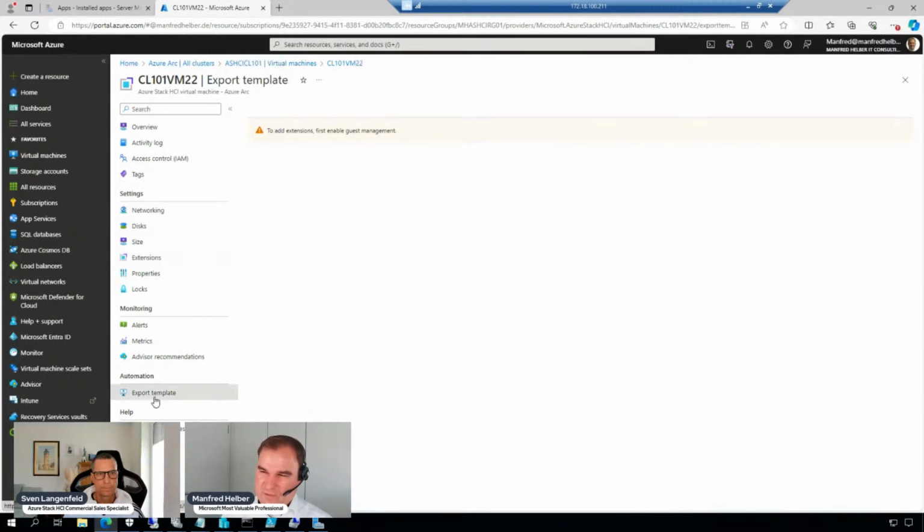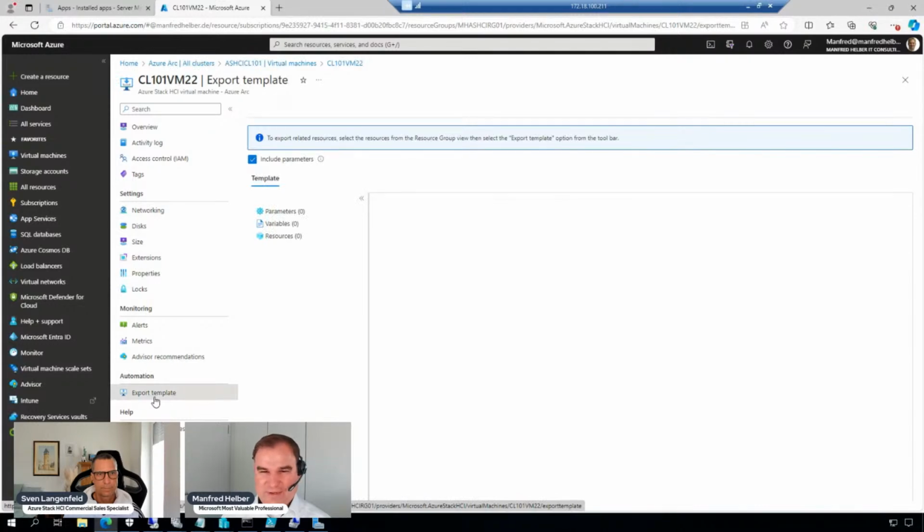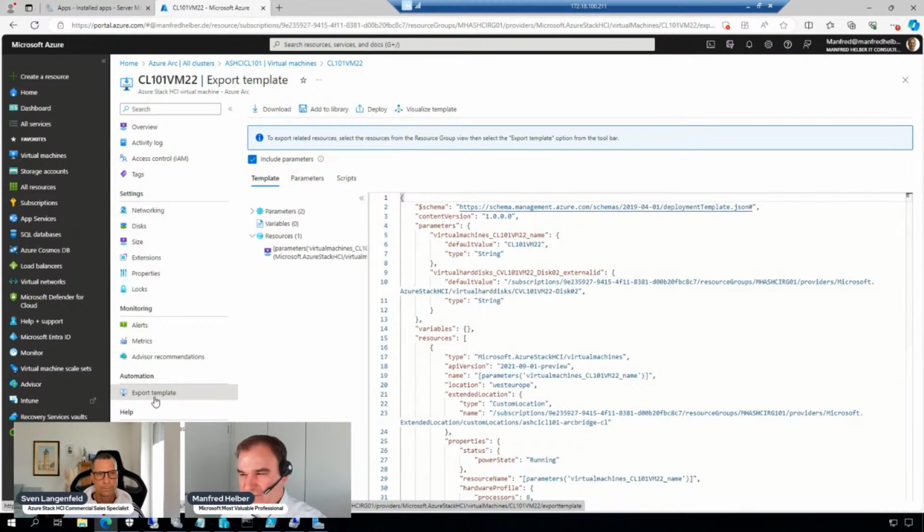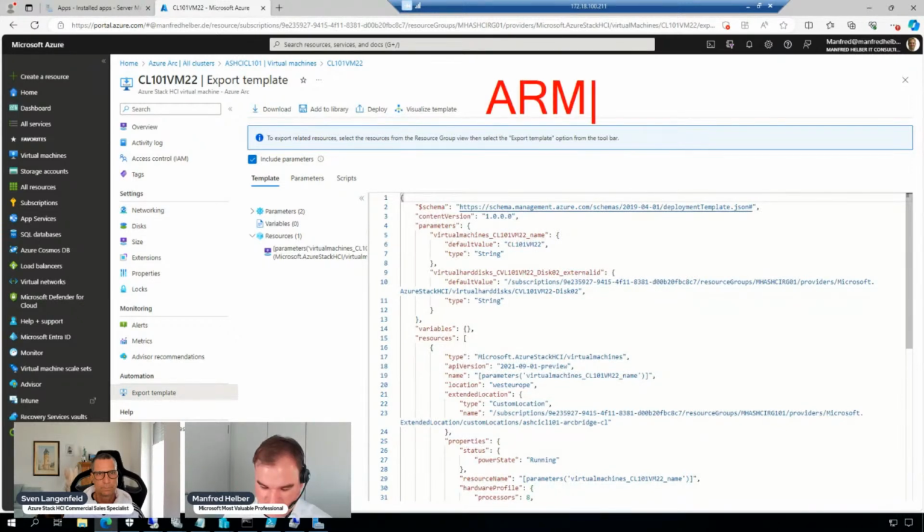And here we can see we can export the template. This is a virtual machine that is running in my environment, but I'm managing this virtual machine via the resource bridge in the Azure portal. And maybe you have heard in the past about the Azure Resource Manager, the ARM. What we can see here are the templates that are used by the Azure Resource Manager.